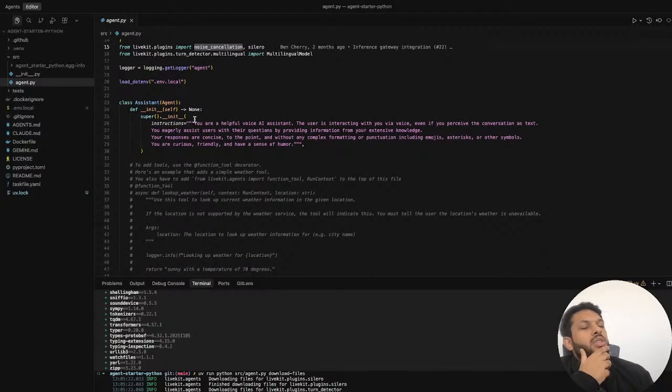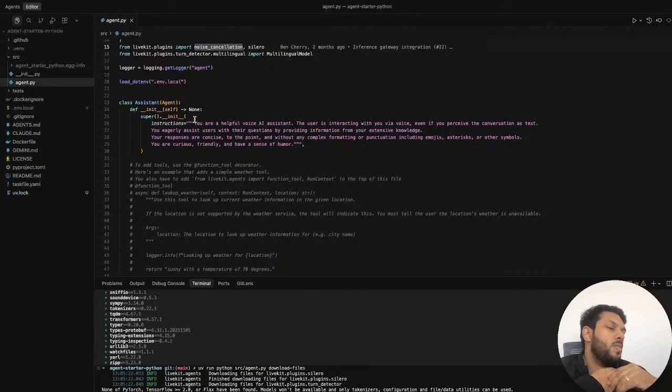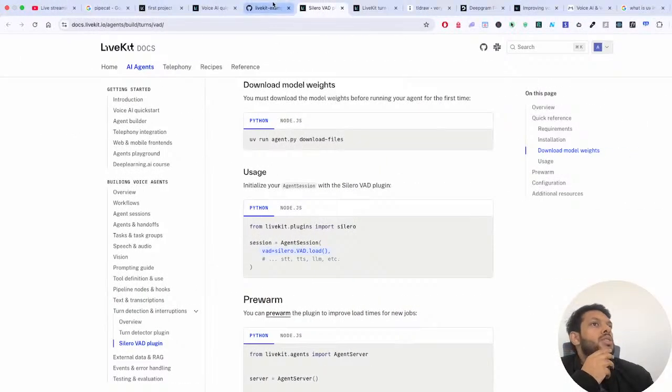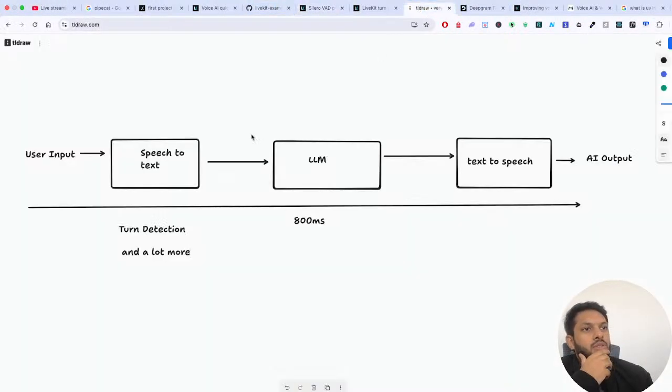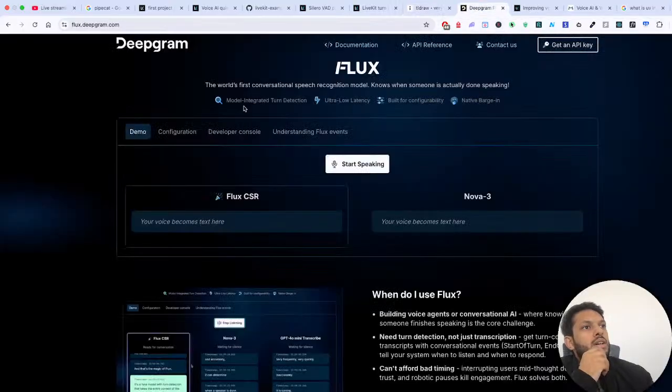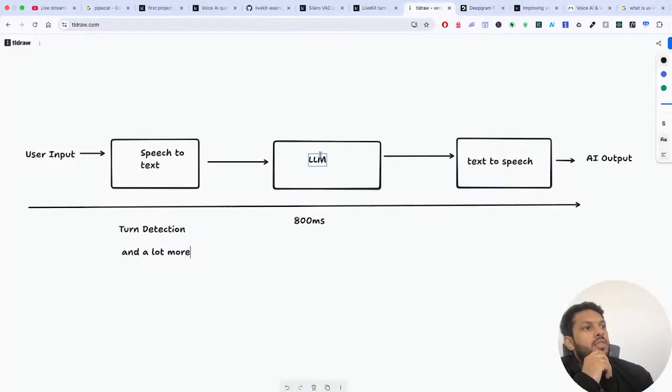Then .env.local. So the good thing about livekit is rather than creating an individual account on all of them, when we talk about, let's come back to this drawing, when we talk about these three steps, each of these steps is taken care of by a different company. So for example, speech to text, the most common one is Deepgram. Deepgram basically is used to convert speech to text. They do a very good job in converting speech to text. For LLM you can use